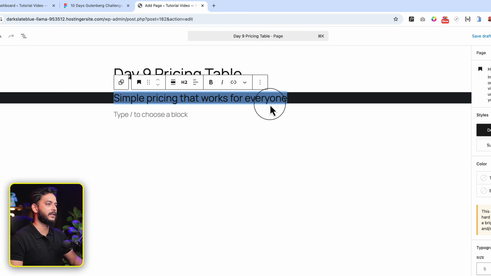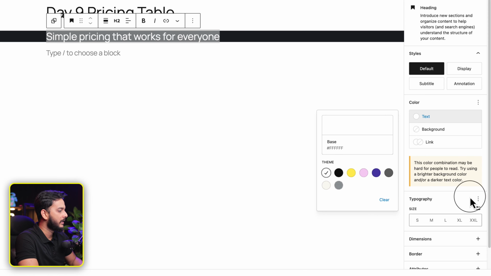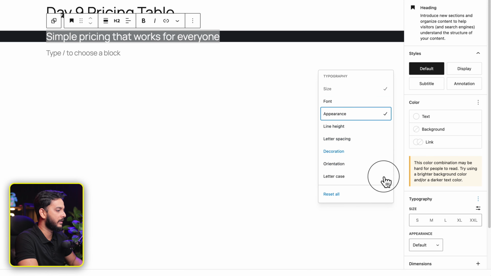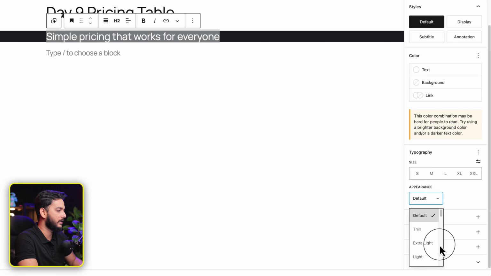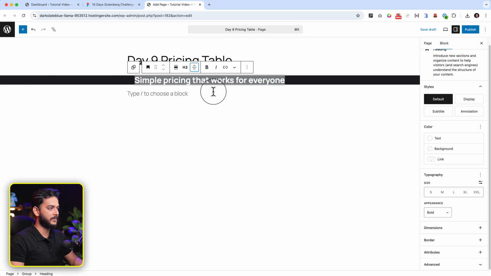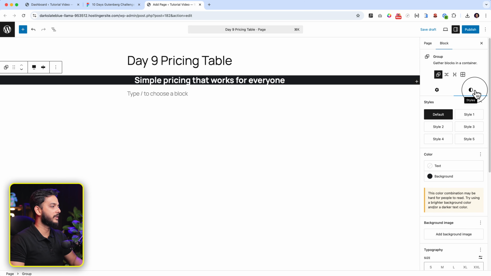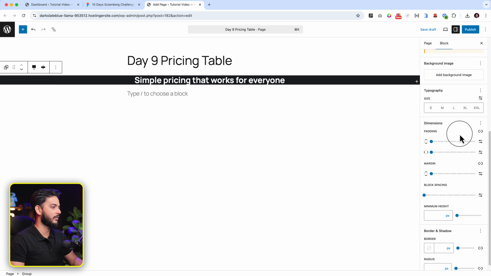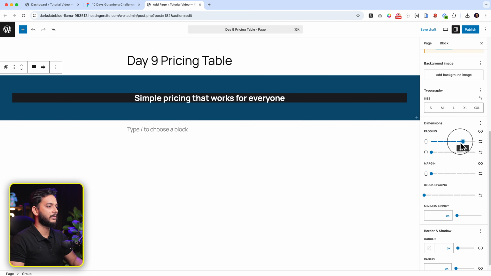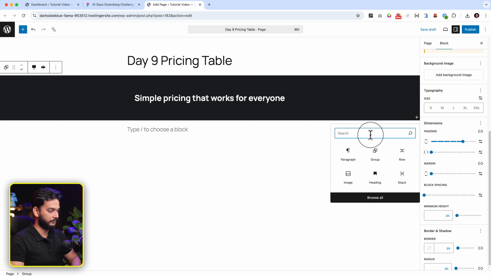The text has been added here, but due to the black color and the same color inside the background, it's not visible. Let's select the text and change the text color to white. And at the same time, from appearance, let's make it bold. And also make it center. Select the group here, and then go to the styles, add some padding top and bottom. Okay. Now here we're gonna add column,